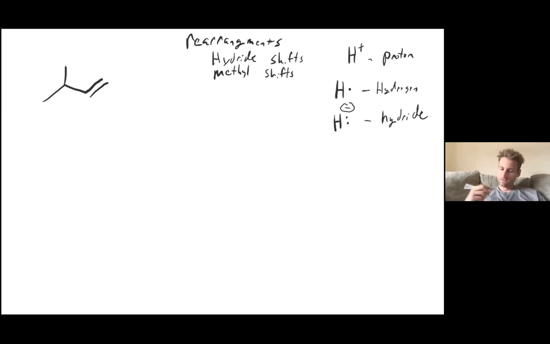So when we're doing a hydride shift, like the one we're going to do on this molecule here, we're going to move both the hydrogen as well as the bond that's attached to it. The bond is made up of two electrons. That's where we're getting the hydrogen and the 2 electrons we need for a hydride shift. So let's get into it. If we had an HCl,